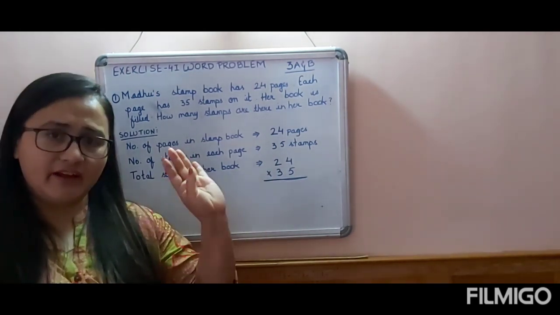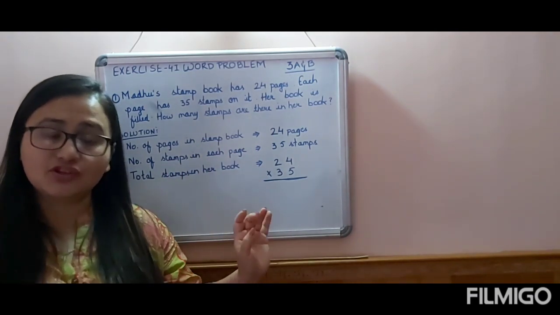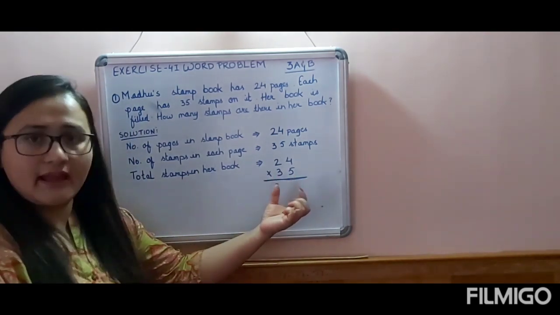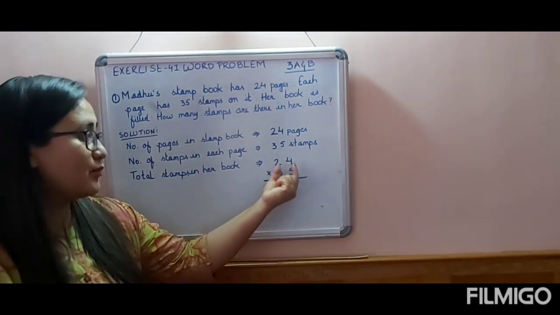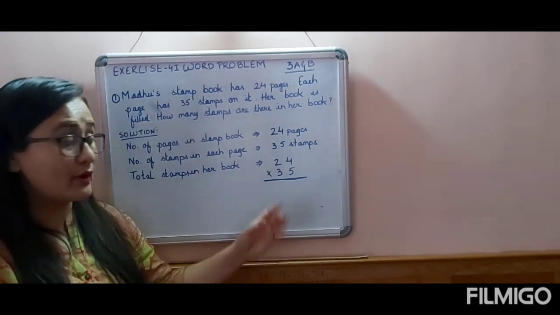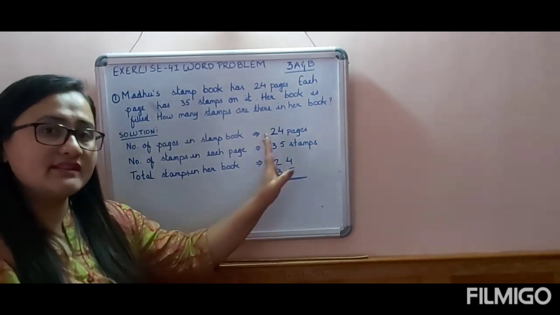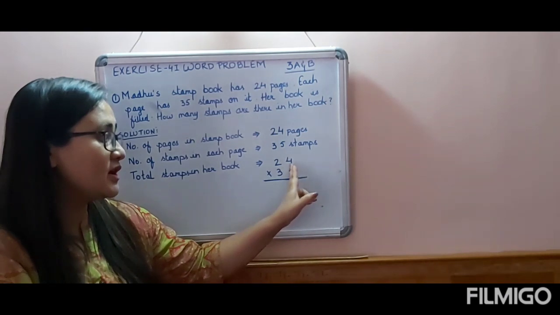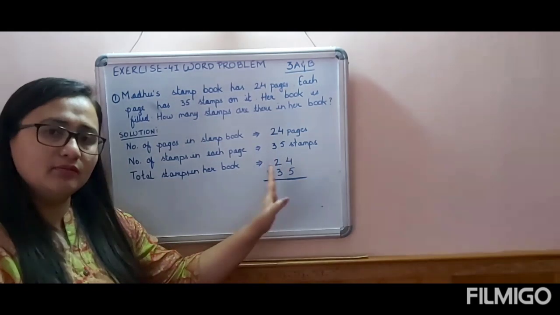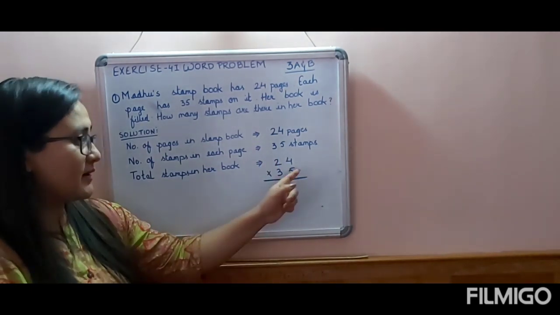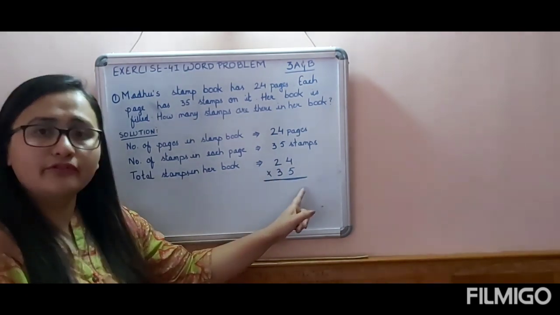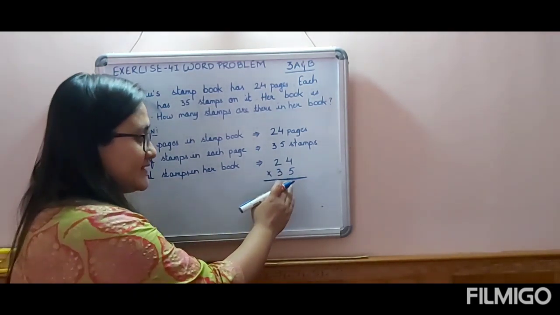Whether it be addition, subtraction or multiplication, you will always start from the ones place. As ma'am has taught you, you cannot multiply both the numbers at the same time. You cannot multiply 35 by 24 in one go. You have to multiply step by step. You will take only the number in the ones place. First you will multiply with 5, then you will multiply with 3. Then only you will move on to the tens place. While multiplying with 5, you will ignore 3, and while multiplying with 3, you will ignore 5. So let's get started now.